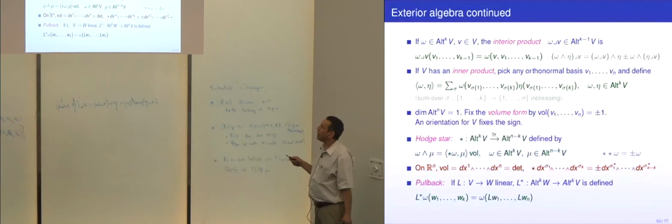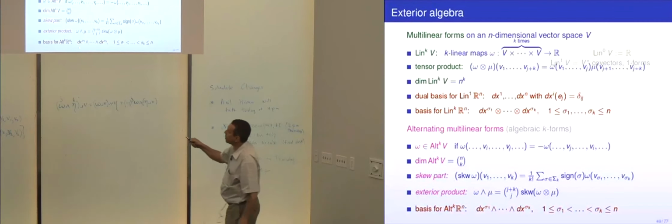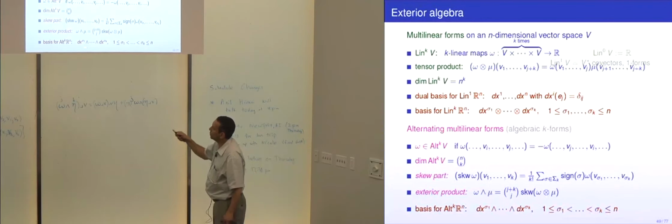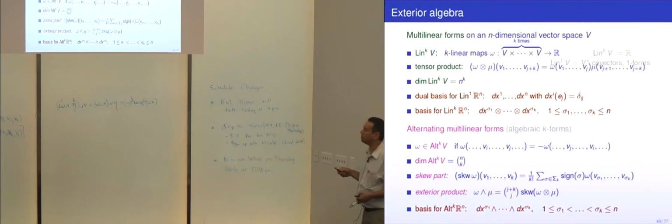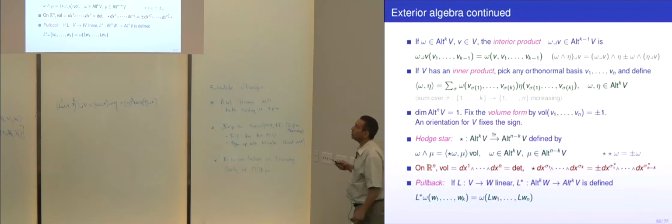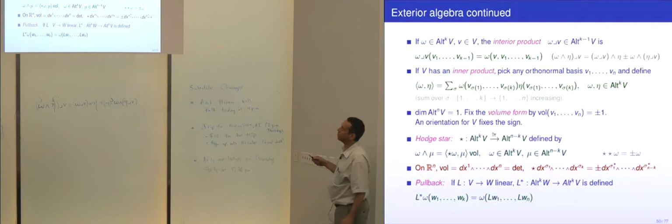And the way you should think about it, where we use some canonical basis, is that the dual basis that you get from this is then orthonormal. So this definition is cooked up so that these guys will be orthonormal because they're the dual of the EIs, and the EIs are orthonormal in Rn. Okay, so we have a wedge product, a contraction or interior product, and there is an inner product on the space of alt k.